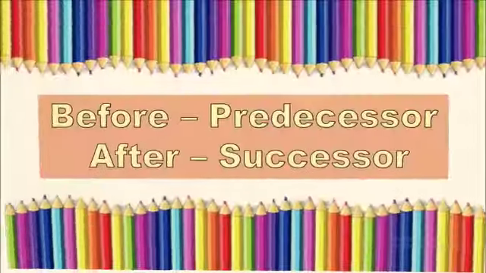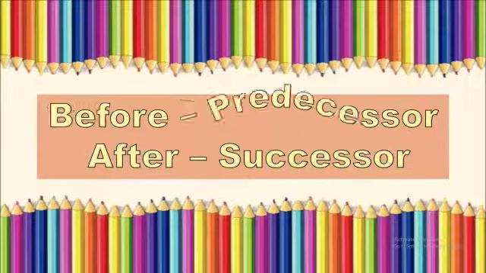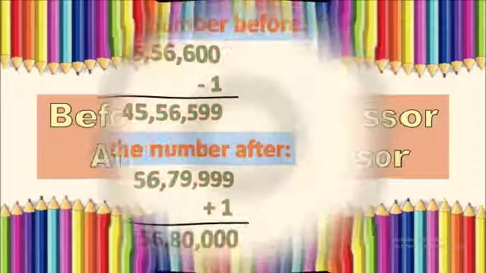Let's go for the next concept, that's number before and number after. The number before has a similar word used to describe it, that is predecessor, and after also has another name, that is successor. So you already know how to form a number before and a number after. Only in brief I will be explaining it. Let's go for it now.